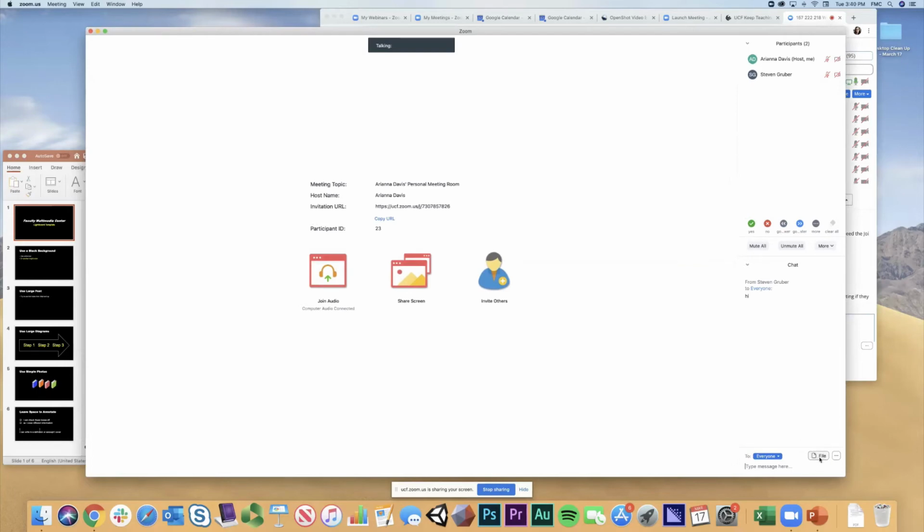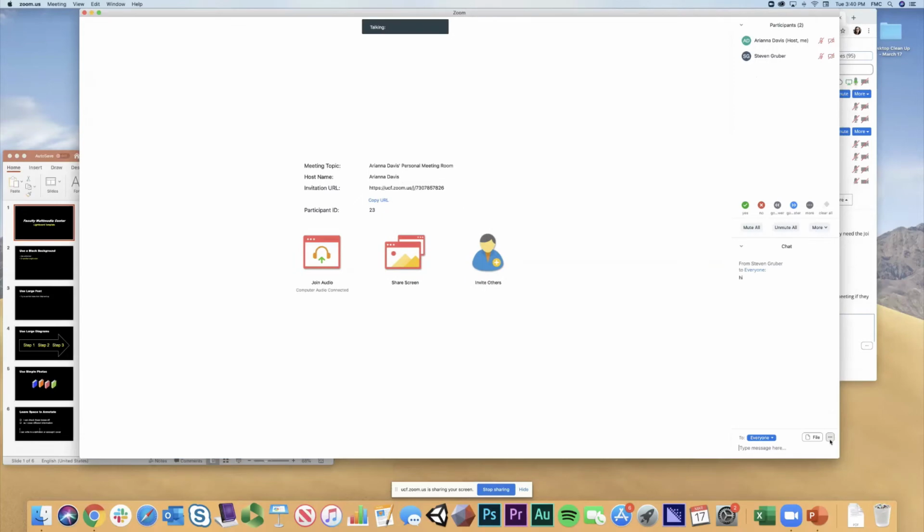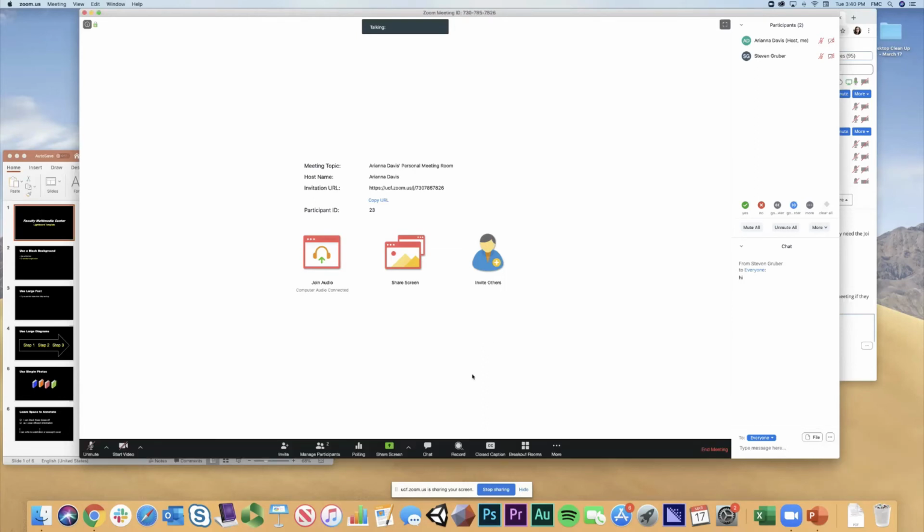So I also have the ability to share files, and I can save the chat. I also can turn off the chat if things are getting a little too crazy. I can allow participants to only talk with me, or only talk publicly, not privately. I can also have it so that they can't chat with anybody. So those are some of